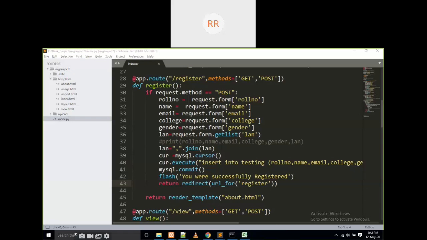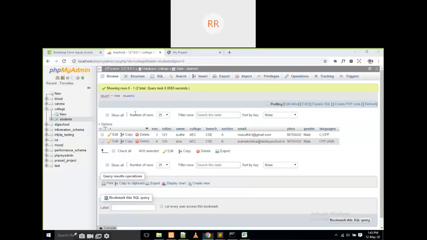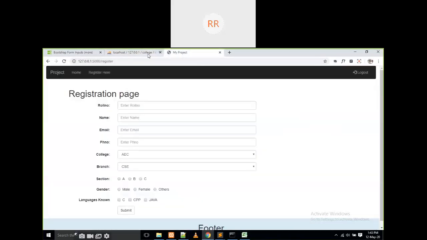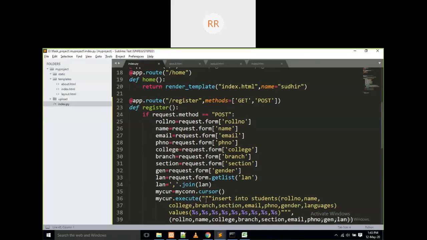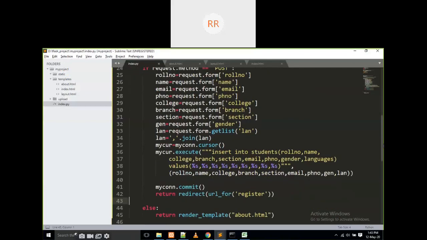Database creation is done, registration page is done, but we have to work on that registration page again. Something is missing. I will explain what it is. For example, if the same student, with the same roll number, I insert again, the data is automatically inserted, right? For example, if I give 1 and 1 again, it is going to be inserted, but I want to restrict the duplicates here.